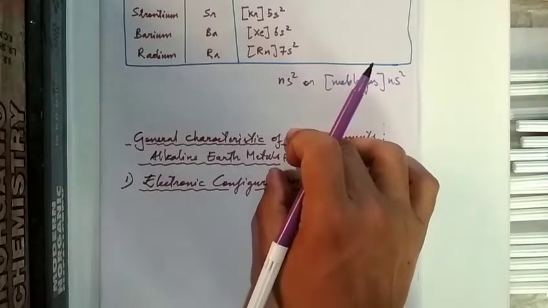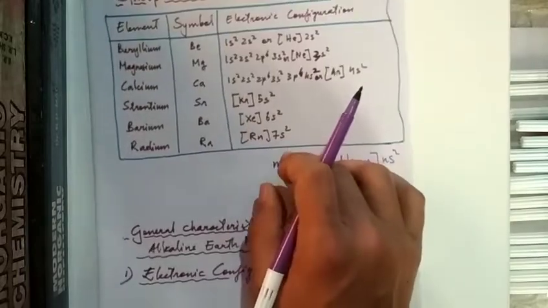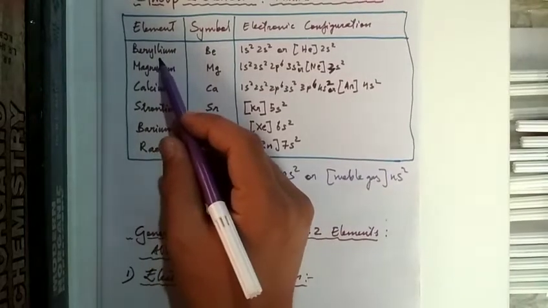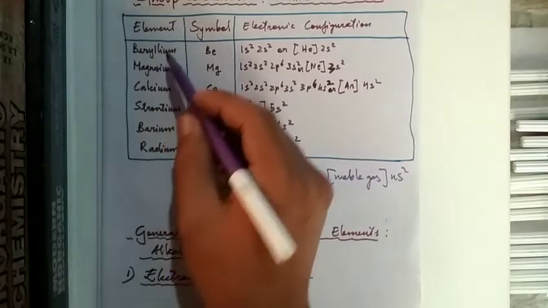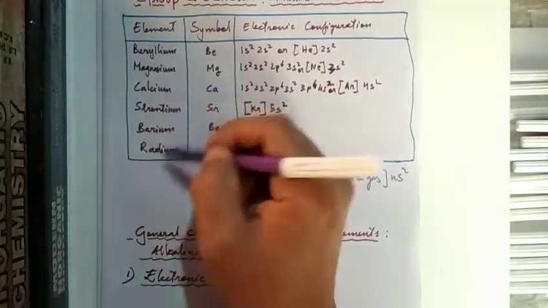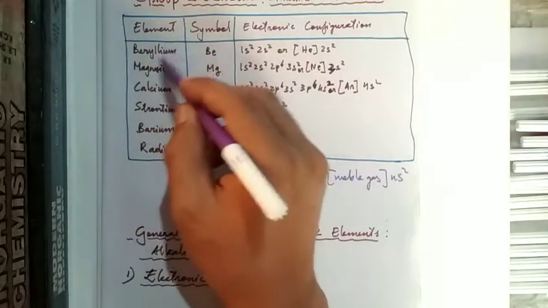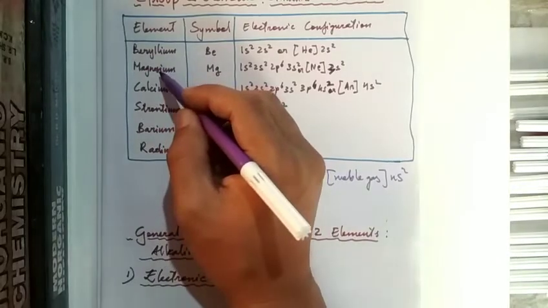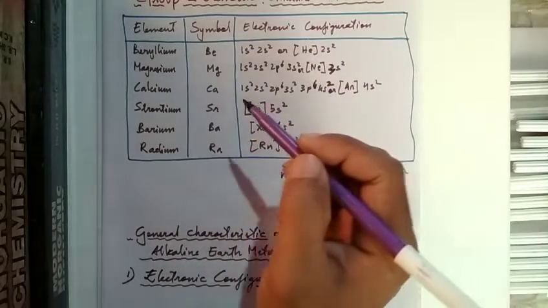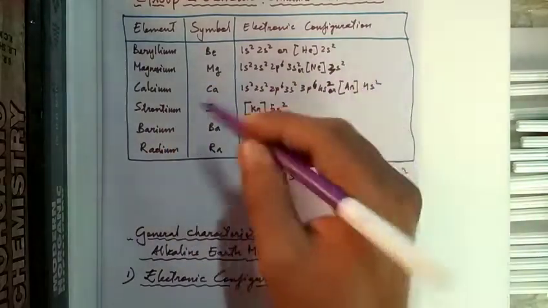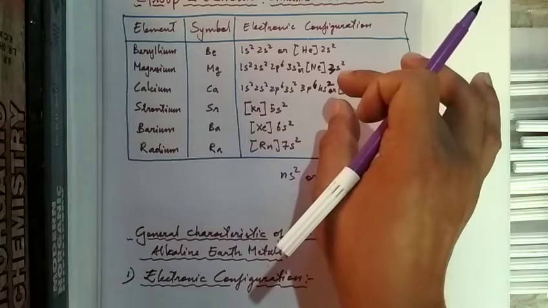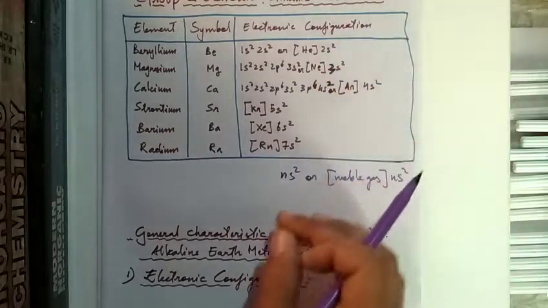Before going there, let's check a few more points. Beryllium, like lithium, also shows anomalous properties compared to the rest of the elements. That's why, except for this, all are alkaline in nature; the oxide of beryllium is amphoteric. Beryllium also shows a diagonal relationship with the next group, the third group, with its second element.